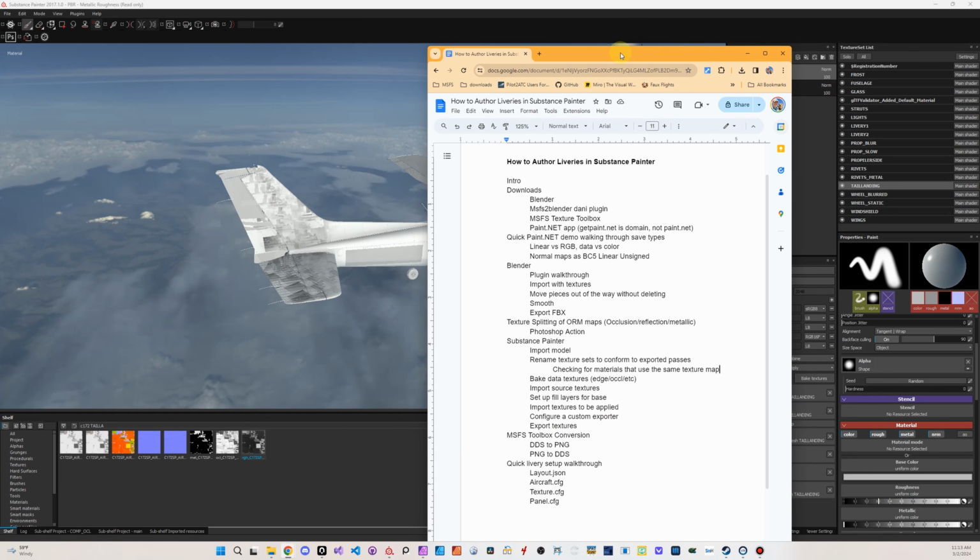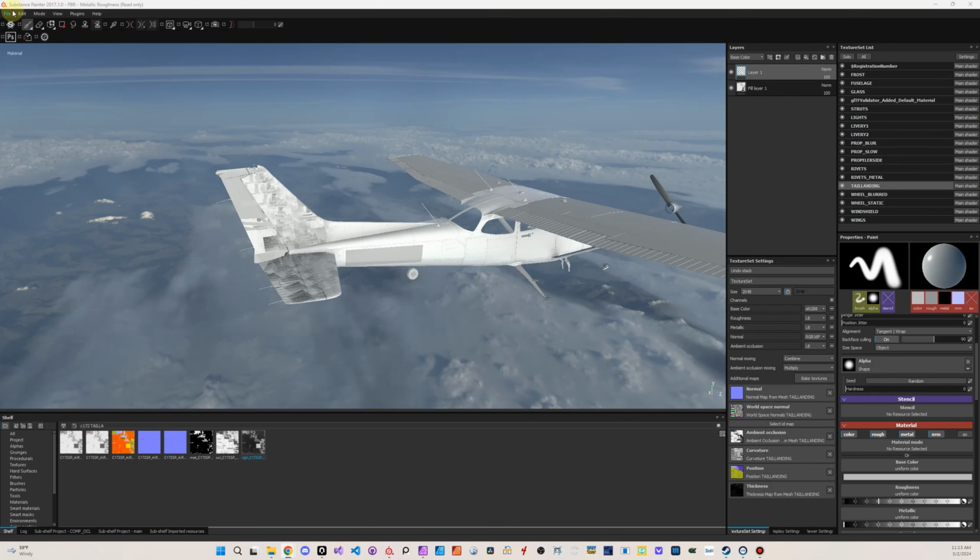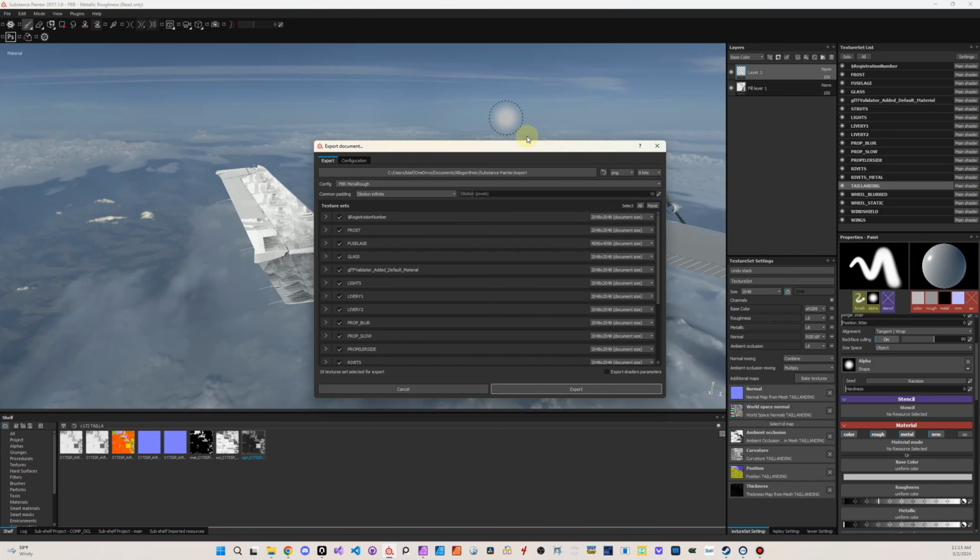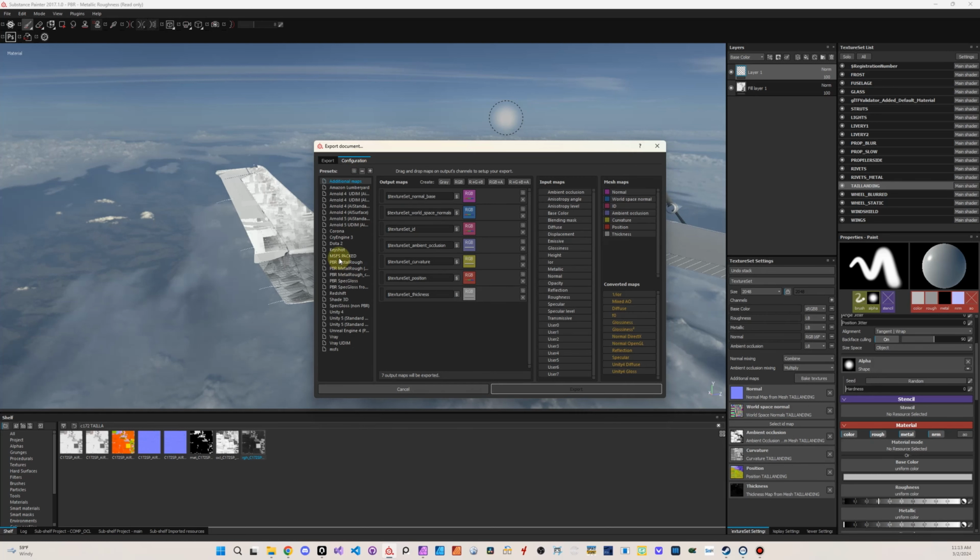Okay, so now we've done our painting, we're ready to do our export. What you're going to want to do, and this depends on your version of Substance, is create a custom config. I've created an MSFS packed config, and let me show you what that looks like. If I go here to MSFS packed, what I'm doing is I'm taking